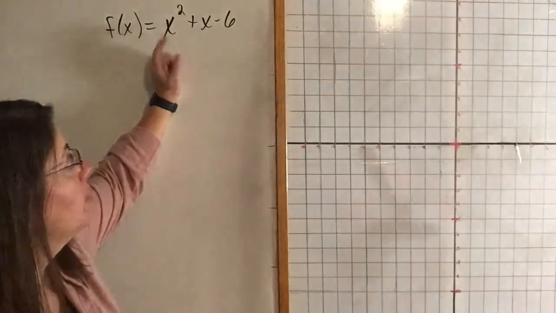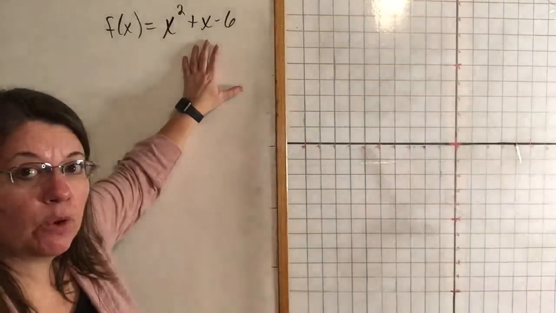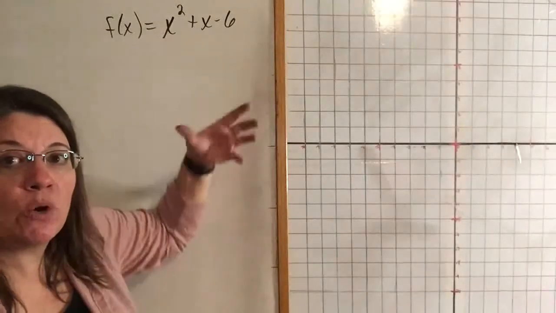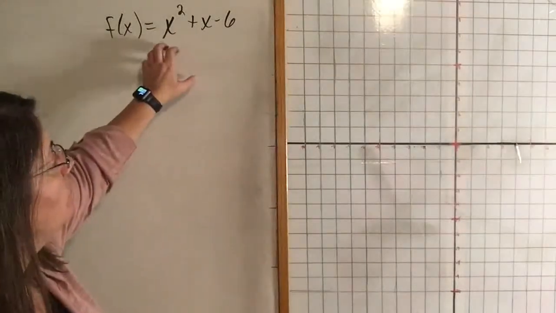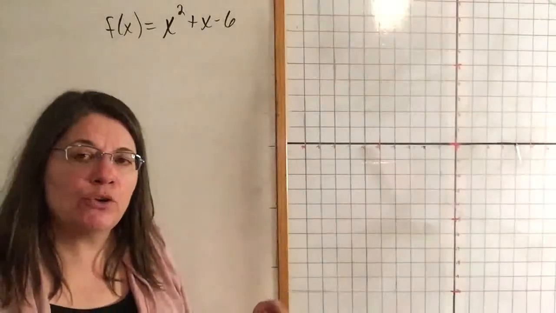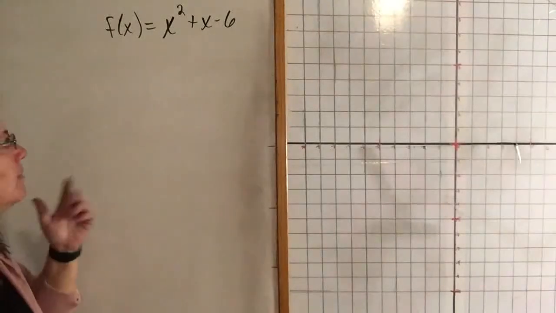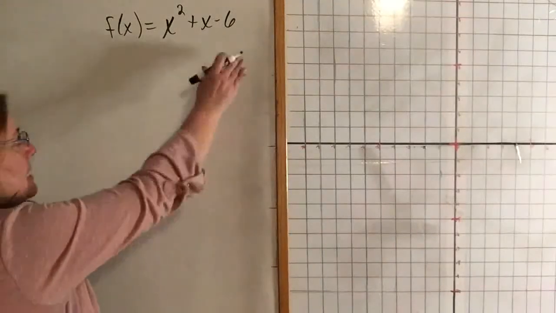If it were in vertex form, or if we wanted to do it that way, we would have to convert this to vertex form. So we will do that in a minute once I'm showing you some different things. But for now, I want to approach this one by, let's find the roots first and then go from there. Okay, well, first of all, if I'm going to find the roots, I need to set this thing equal to